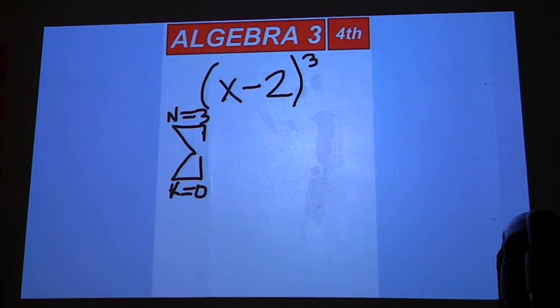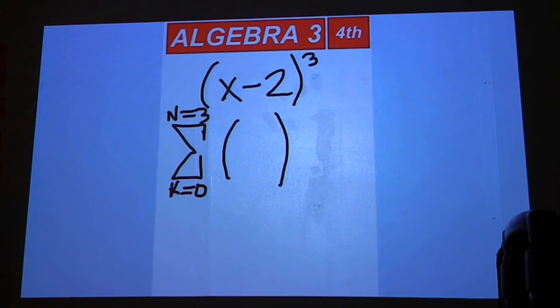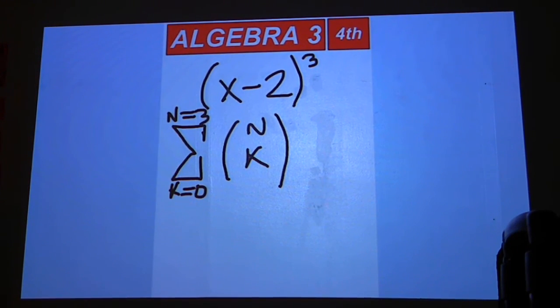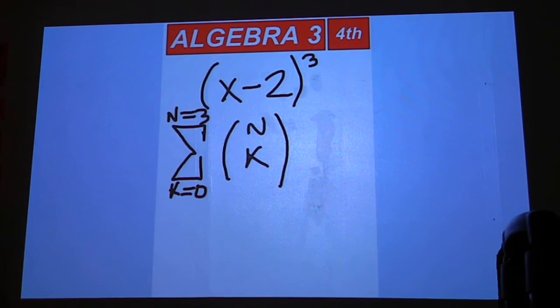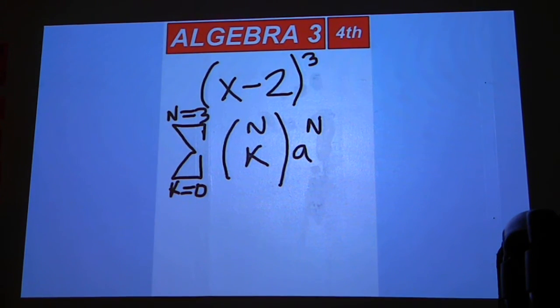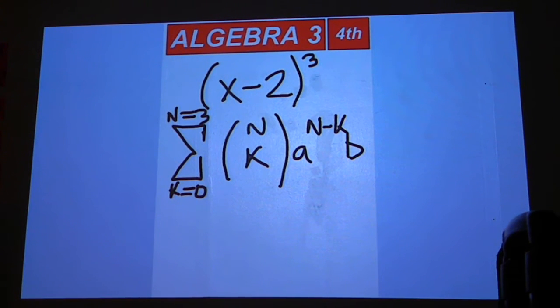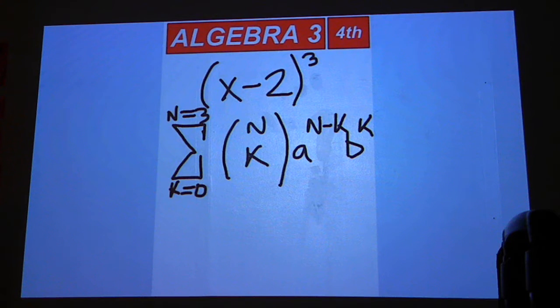And then you're going to have n choose k. N choose k, so n is 3, and we're going to choose k. Actually, we'll just go back and make this n and k. We'll do the actual calculations on the next page. Or maybe we can fit them here at the bottom. Then you'll have a to the n minus k, and then b to the k power. So you're going to have to run through this with 0, 1, 2, and 3 to come up with some